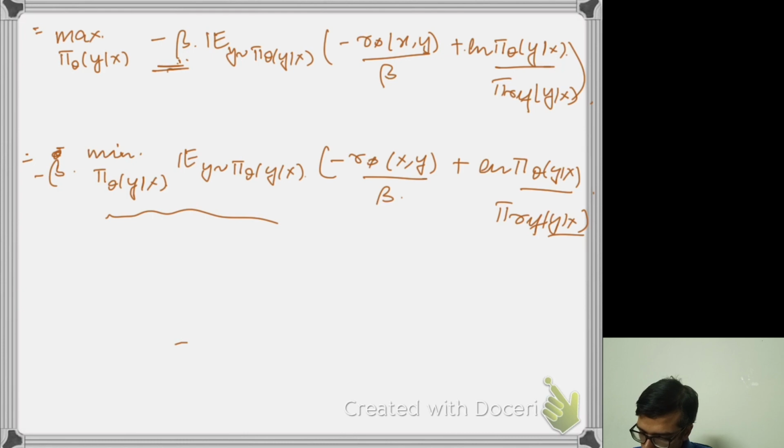Okay. And now it seems to look like a KL divergence, except that I'll have to first express this as a ratio of logs. So how do I do that? Well, I can write minus r phi xy over beta as exponential of, so I'm going to throw away this minus beta. It's just a scaling factor, and anyways my goal is to find the optimal set of parameters for pi theta, right? The actual optimal value does not matter to me. The parameters which achieve that value for pi theta, those matter to me. So I can